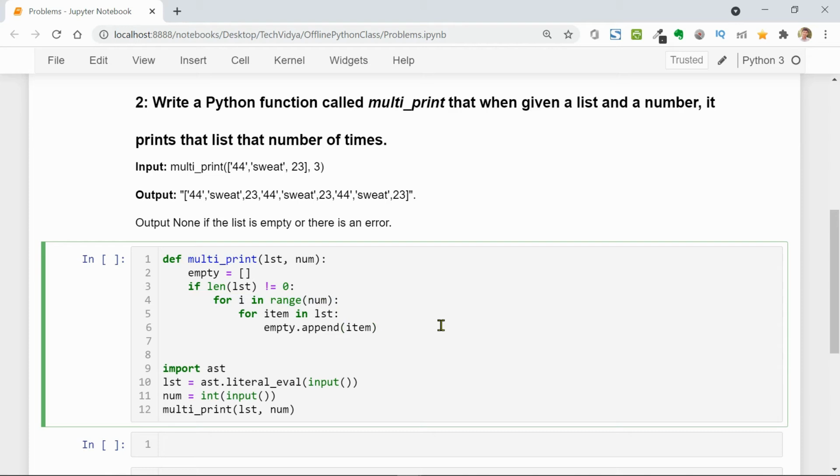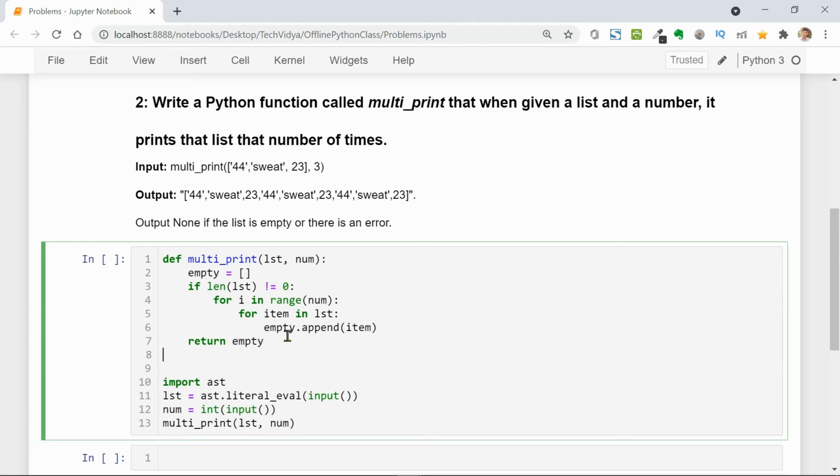Now it's done. Now I want to return the value, because empty.append will not return anything. I have to return the value of empty. Now the empty list is no more empty, right guys? So I want to return the elements stored in the empty list. Now I have to write the else statement also. Sorry, I have to maintain the proper scope for this. So this return will come in this scope.